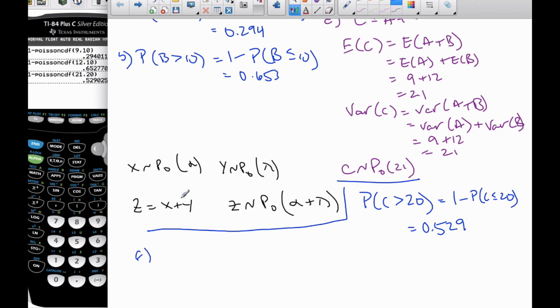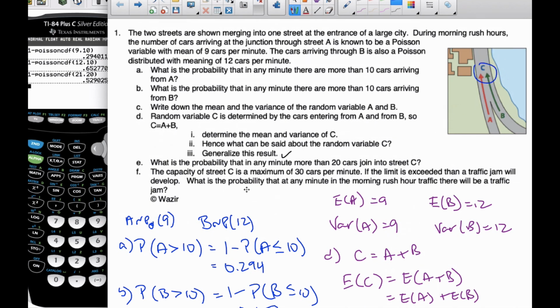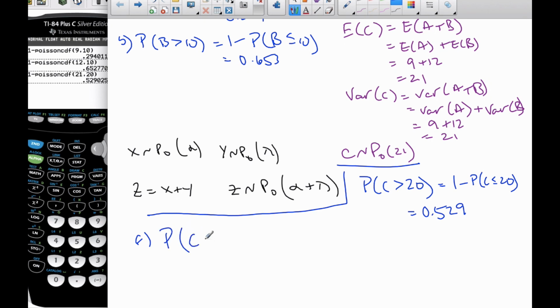And then finally, the last part, F, says the capacity of street C is a maximum of 30 cars per minute. If the limit is exceeded, then a traffic jam will develop. What's the probability that at any minute in the morning rush hour traffic, there'll be a traffic jam? Well, if it exceeds 30 cars per minute, that means what's the probability that C is more than 30 cars? That again is going to be 1 minus the probability that C is less than or equal to 30. If I do that in my calculator, which I've already done, I get